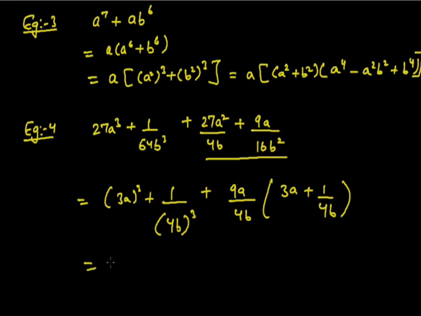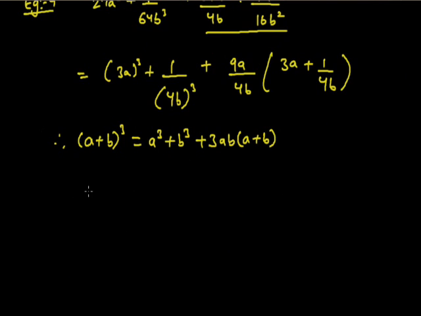So now if you can see here, it's actually a cube plus b cube plus 3ab into a plus b. So this actually is the identity of a cube plus b cube. Sorry, it's actually the identity of a plus b whole cube, because a plus b whole cube is a cube plus b cube plus 3ab into a plus b. If you remember the identity, a plus b whole cube is a cube plus b cube plus 3ab into a plus b. And this question we have converted into the form of a cube plus b cube plus 3ab into a plus b,